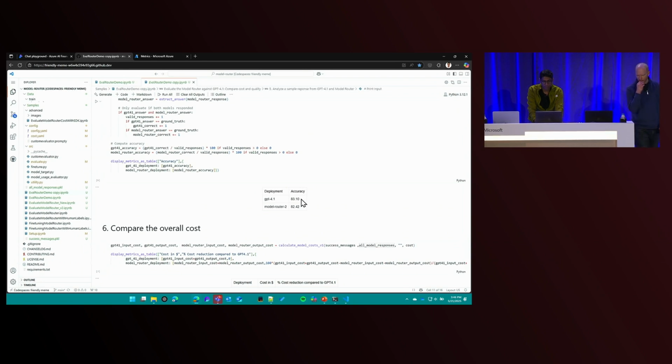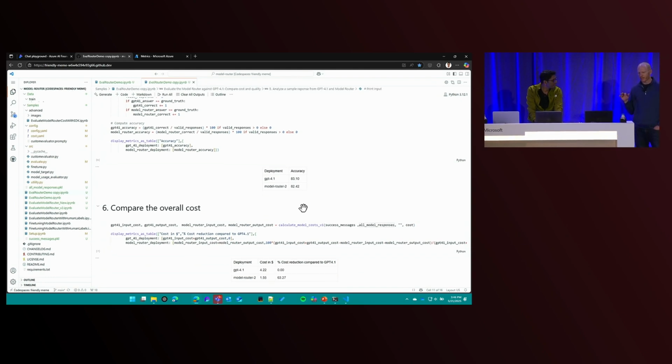It's a pretty tough benchmark to call out. And model router is right behind, less than 1 point drop in accuracy. Okay, so I'm just going to pause on this for a moment and make sure I understand this. When you ran that test set, you were running it against 4.1. Yes. And you're running against the model router, which is judging which model I should use, and not randomly, but using the pre-trained model to select which back-end model.